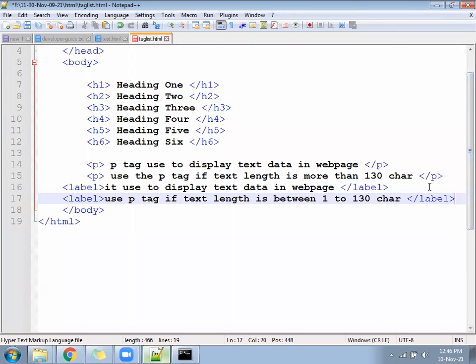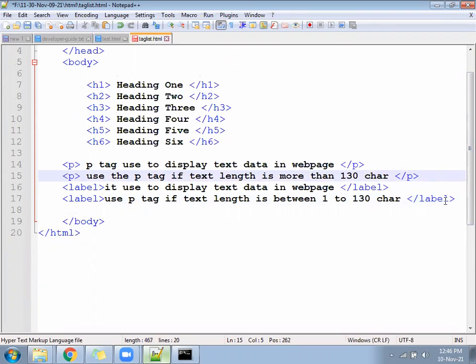When you go to Flipkart or other websites, you see the product name, the price, the MRP, the discounted price, sometimes a mobile number, the email ID, the gender, or some kind of age. When we are displaying this kind of small text inside the web page, we have to remember: use the p tag if the text length is more than 130 characters. For small text, you can use the label tag. The EM tag we have, the REM tag we have, some more we have.